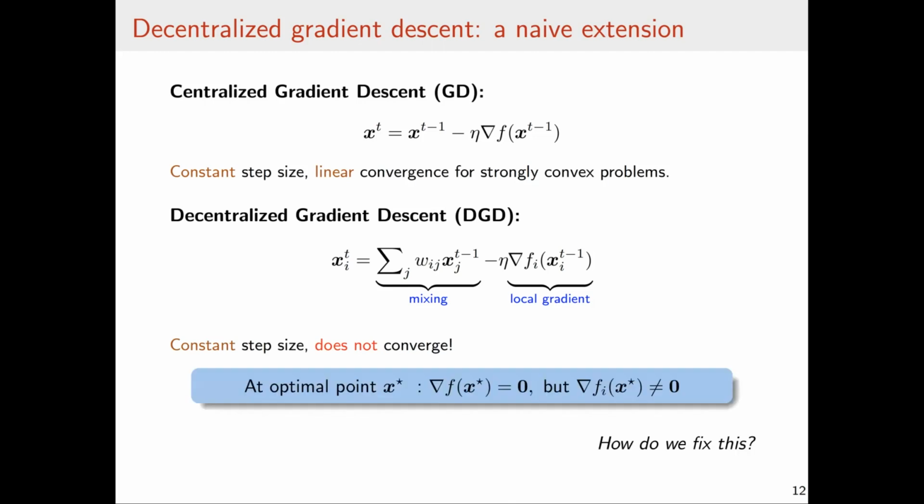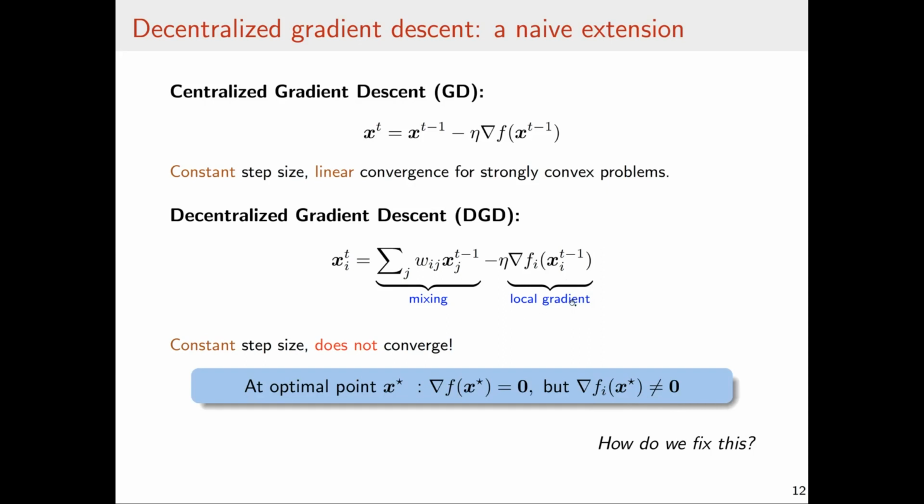And this is actually fairly easy to see. Just imagine if all the agents now actually sit at the optimal point x star. The gradient of the global loss function is 0. However, the gradient of the local loss at the optimal point x star is actually non-zero. So if you execute this DGD rule, the local gradient is actually not 0, so it will drag the iterates away from the optimal point. In other words, this naive decentralized GD algorithm does not converge